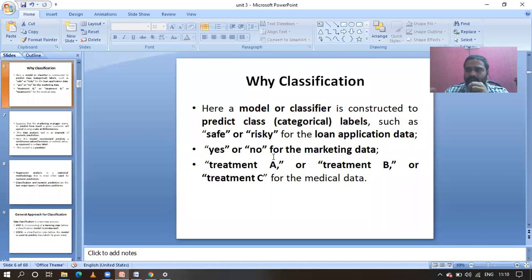For suppose related to the cancer treatment, there are mainly three types of treatments will be there. Okay, already I'm having the data. From that data I have constructed the one model. For suppose classification decision tree I have constructed, one new person, okay, coming for the same type of problem that is related to the cancer. Okay, which treatment I have to give for that particular person based on his information. Okay, already